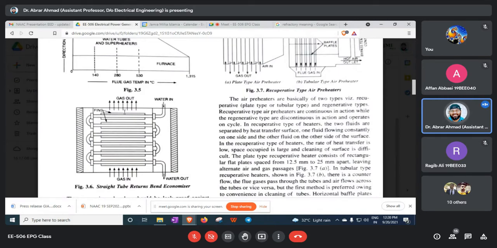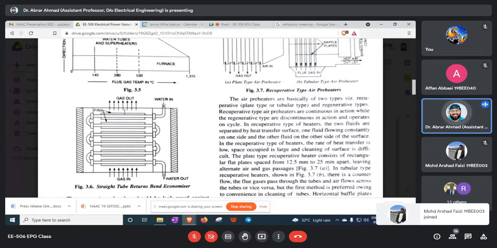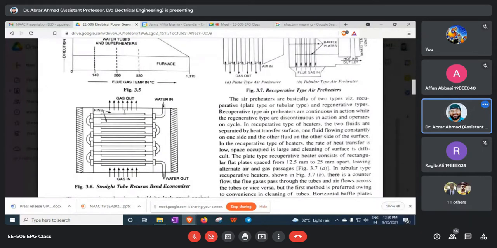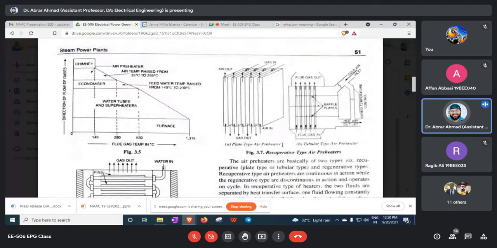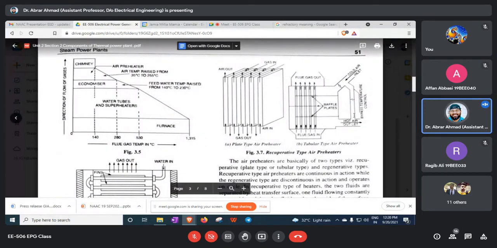So that is something we have to understand, and that is where the constraint of keeping it short is there, and yet we want to make it large so that maximum surface area is interacted with heated air. So this is economizer. You can see the images of plate type air preheaters and tubular type air preheaters. Again, the idea is the same, that when the gas goes out, gas comes in, it transfers maximum of its energy